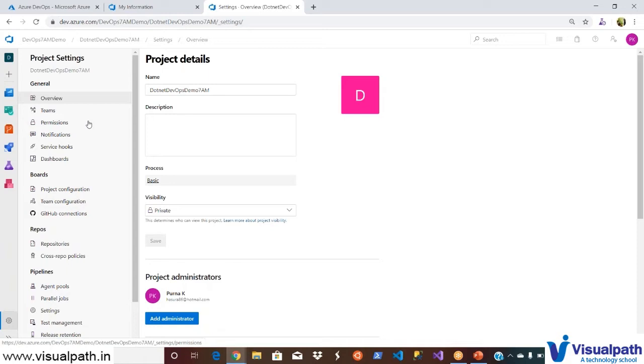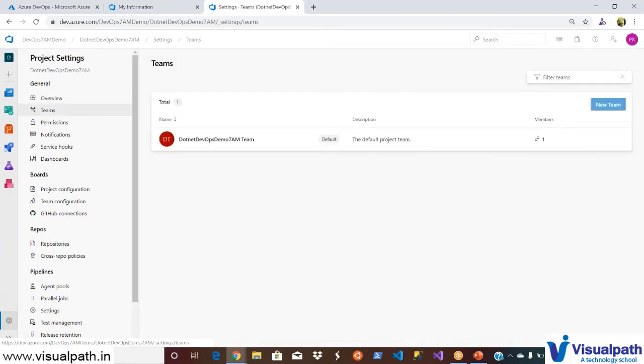That means you see a lot of features here. You can add teams because if you are working on any application development, you have n number of teams, right? There will be an application development team, a database development team, QA engineers. All these people are different teams that work on any application development. You can maintain them, and we will be doing all these things as part of our planning phase.